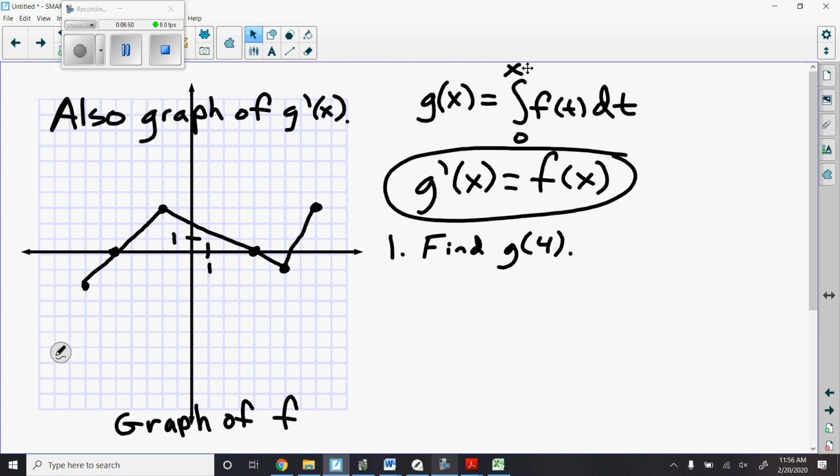To find G of 4, I need to look through here and see, where do I have something in terms of G? I've got a graph of F, I've got a graph of G prime, and I've got an equation for G prime. But the only place I see G is right here: G of X equals the integral from 0 to X of F of t dt. So again, this is my initial connection between G and F. To find G of 4 then, I just want to use this equation and plug in 4 for X. So setting that up,